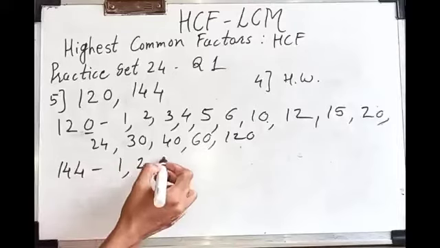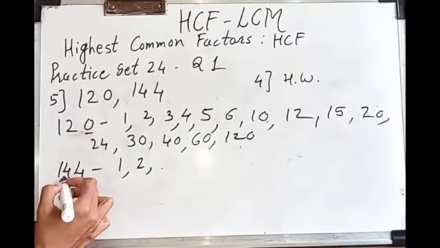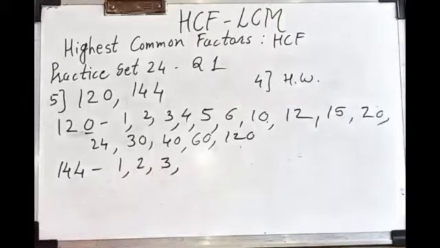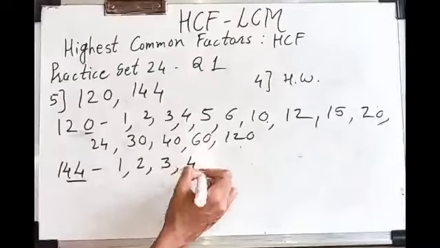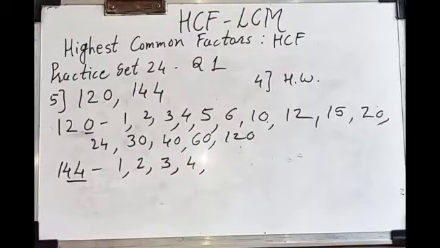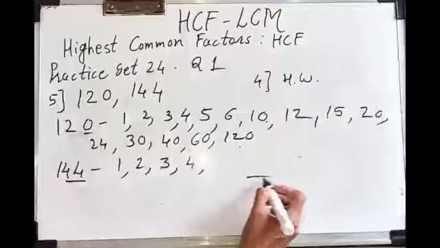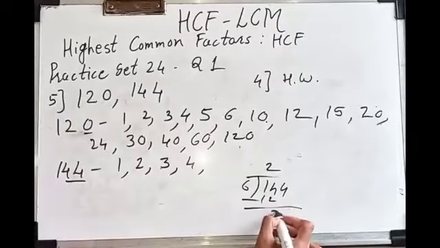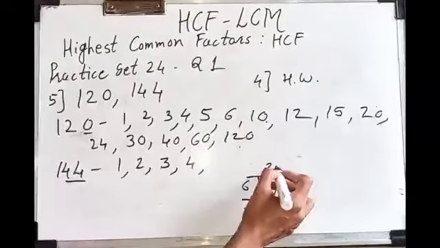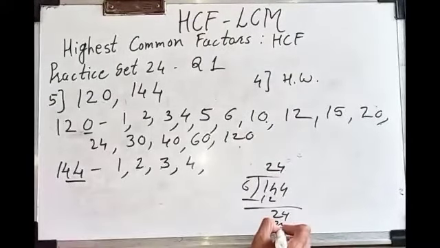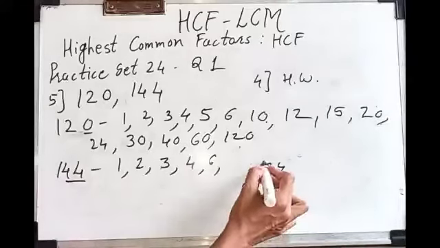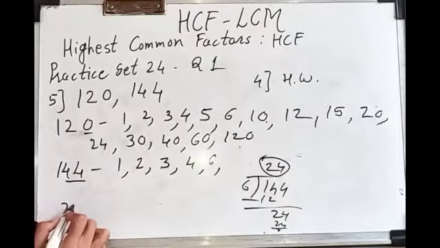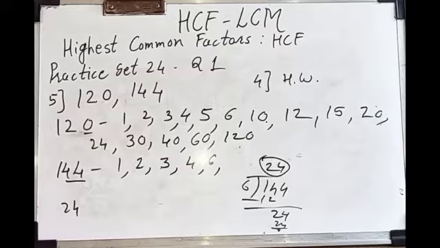1, 2, 3 will come. 4 plus 4 is 8, 8 plus 1 is 9. Yes, 3 will come. 4 will come. Yes, because if I take the last two digits, 44. Then 5 will not come. Then 6 will come. Yes, if you divide by 6, students, see, 6 2s are 12, here 2, here 24. So 6, and the quotient that comes will also be a factor. So 24 will also be a factor of 144.